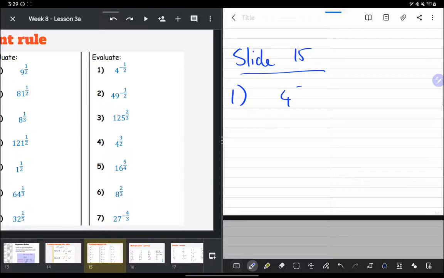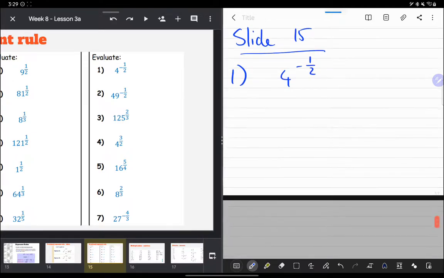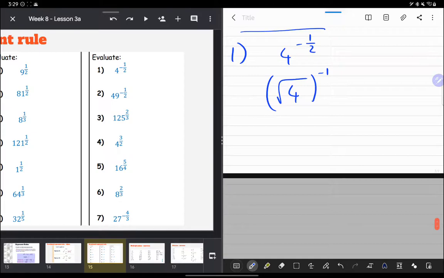So 4 to the negative half. Okay, so we don't really need to do anything about the 1. Multiplying by 1 is just nothing. So we only need to care about halving it. So remember, this thing means it is a square root. So what's happening is the square root, -1. So of course, the square root of 4 is just